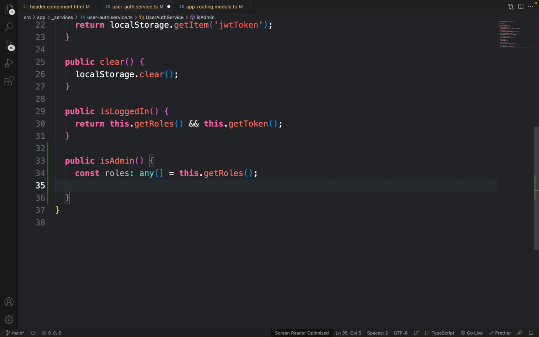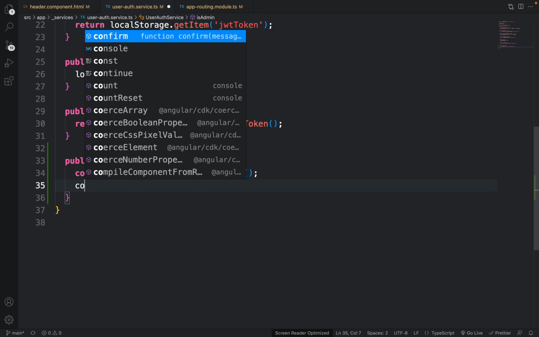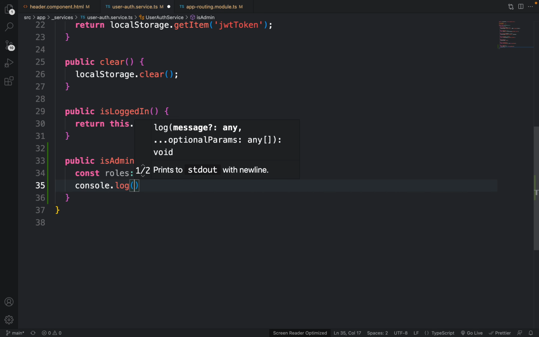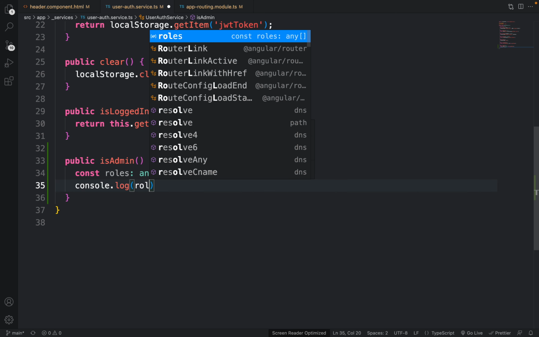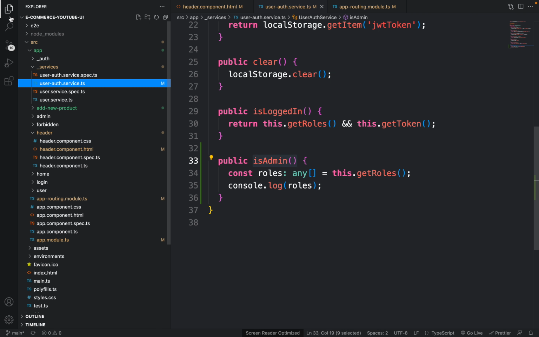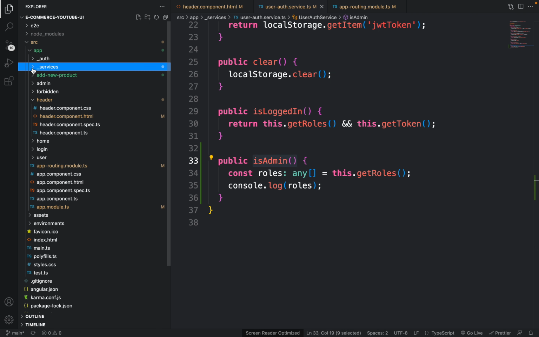Now what we have to do is first of all use console.log. Let's see how our roles are stored, and let me use roles. First of all, we need to see how our roles are stored, and then depending upon that we can write the condition. Now we have created this isAdmin function. Now we have to copy that isAdmin function. So let me go to the